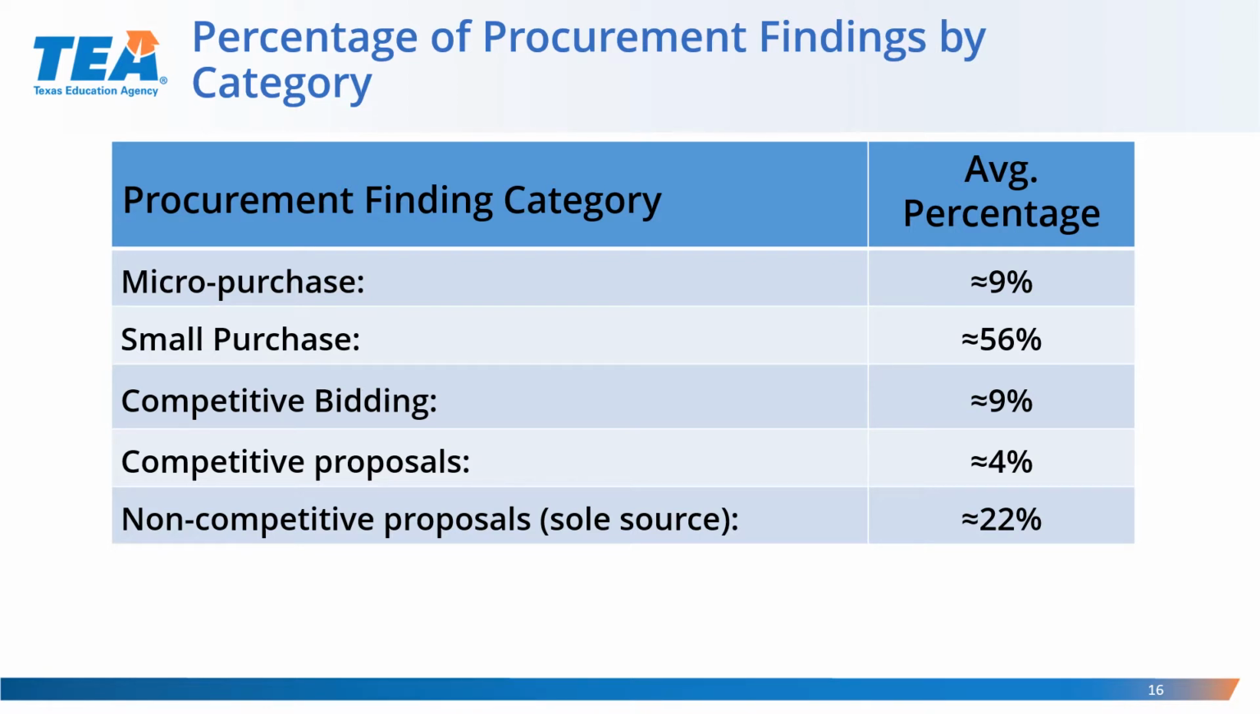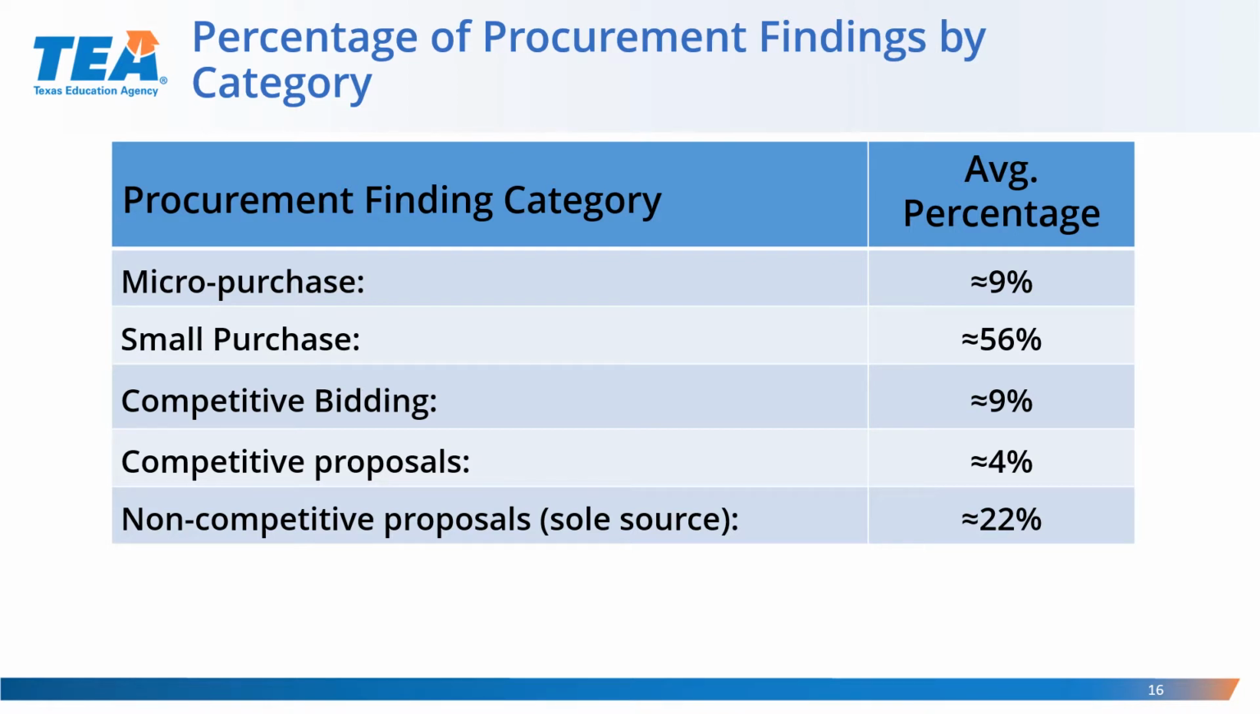This is typically because an organization fails to provide additional price or rate quotations, which demonstrate that they actually shopped around for the best value, or that they misapplied the appropriate procurement method based on threshold amounts. This again is why it's so important to have written policies and procedures that are up to date and well communicated with your staff, because these policies and procedures also dictate the thresholds for micro purchase, small purchase, and other